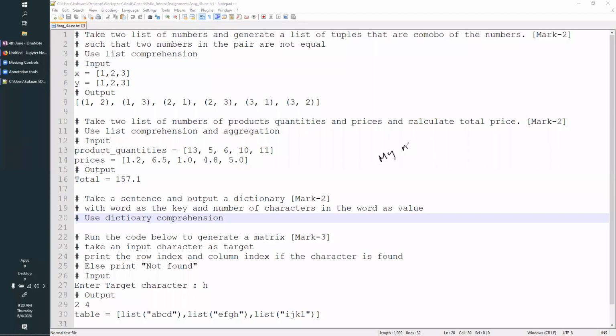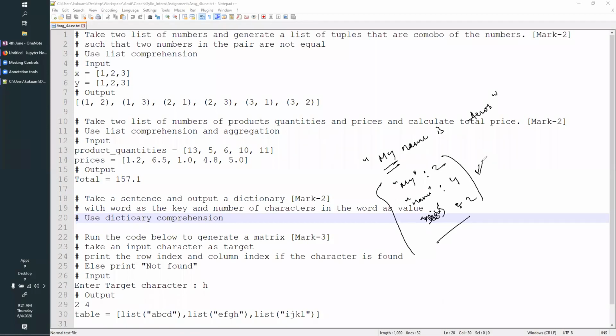my name is Amit. This is a sentence. I will go word by word. So here, my will be a key for me, and then the length, or the number of characters in this word, which is 2. So the value will be 2. Then again, name is a key and the value is 4. Is is a key and the value is again 2. This way I have to print something, but I want you to use simple